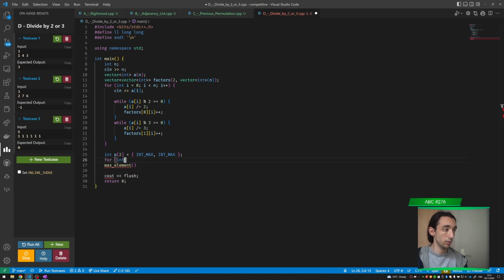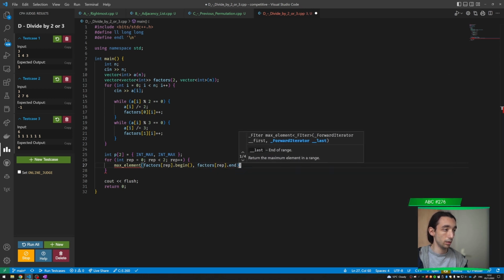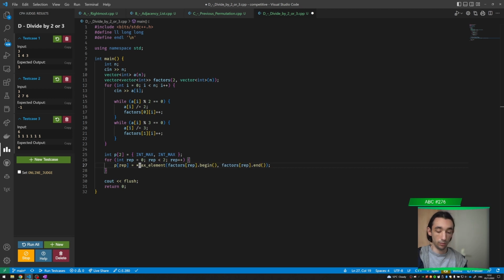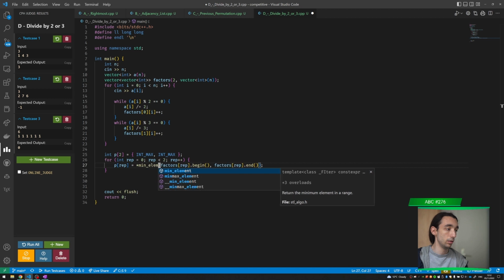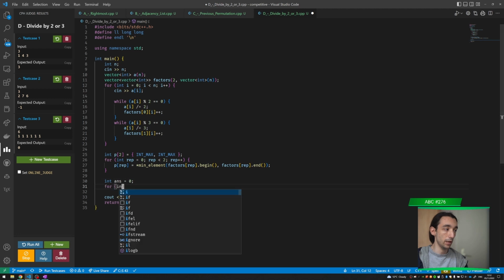Yeah, so for repetition, max element, factors, repetition, factors, and this P repetition is equal to this, and then okay, so that's the minimum element we need, right? The min. And okay, so the answer is